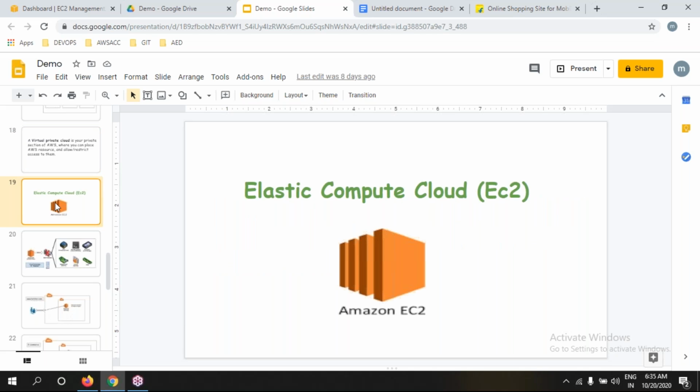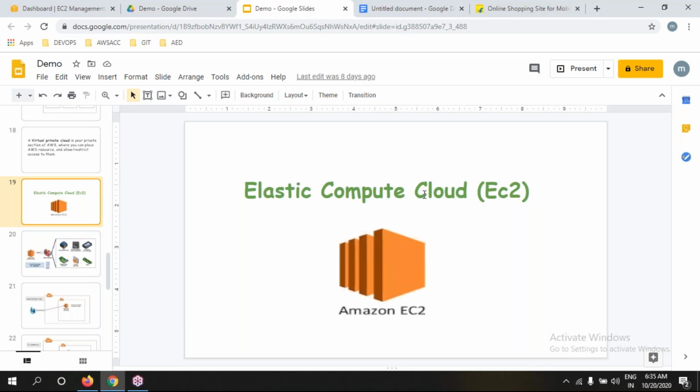So what about EC2? Elastic Compute Cloud is EC2, the two Cs. Elastic in the sense of what?